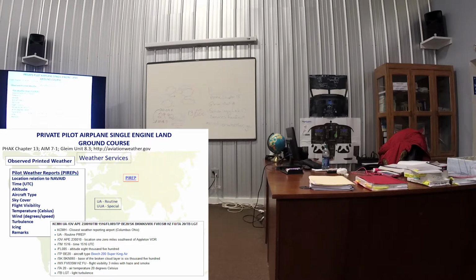Altitude's really important. So we are November XYZ, 10 miles southwest of Ormond Beach. At 1650 Zulu, I experienced turbulence at 3,000 feet. Aircraft type is really important. Turbulence to us in our 172 versus turbulence to a King Air is a huge, huge difference. So they really want to know the aircraft type. Cessna 172.